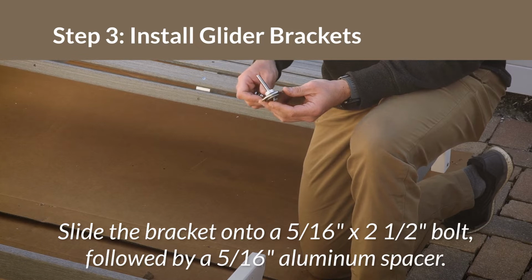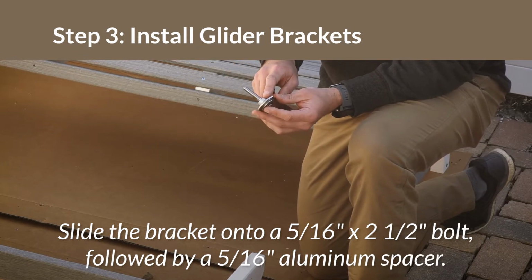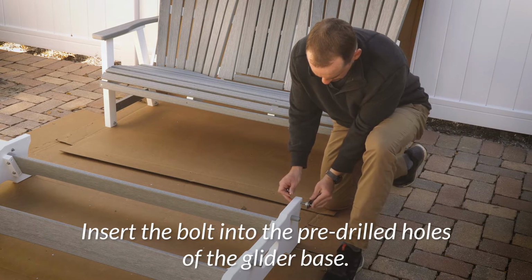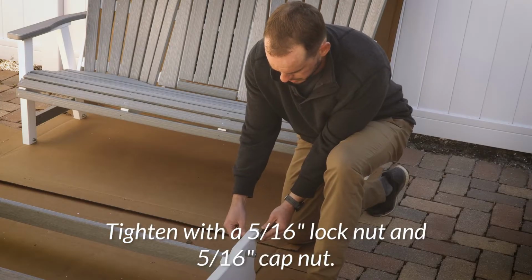So we have our glider bracket. We have a 2.5-inch bolt that goes through. On the other side, we have the aluminum spacer. We're going to make sure that they both go through here. You're going to have your lock nut, which is going to go on. It's going to cinch tight